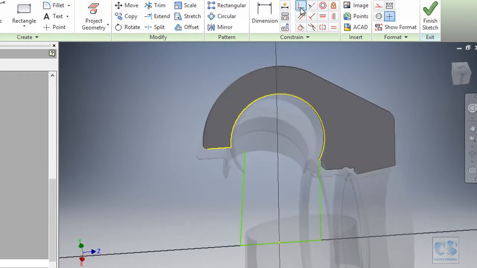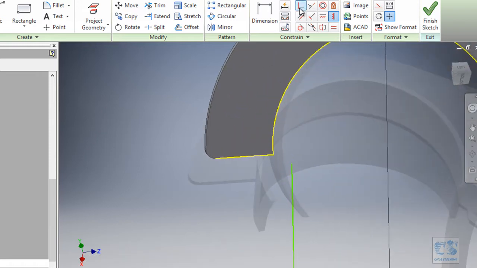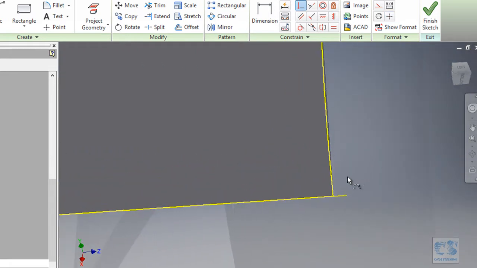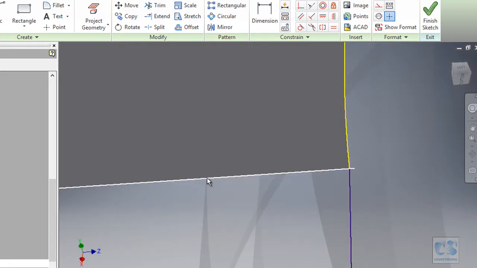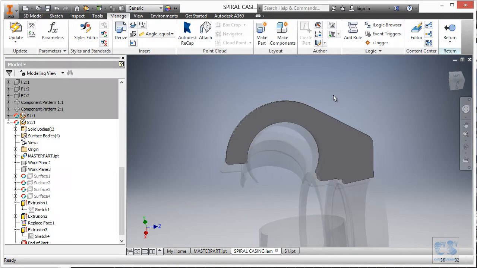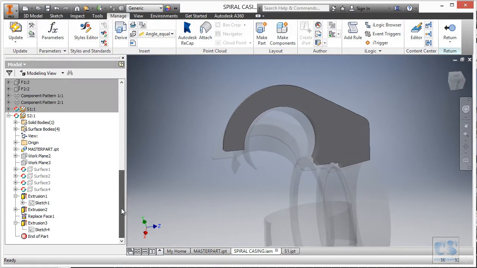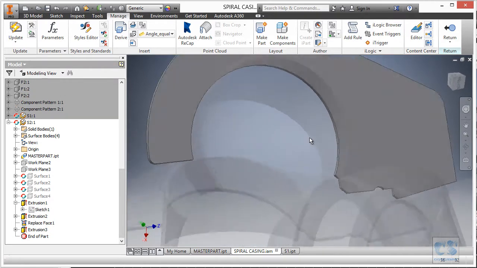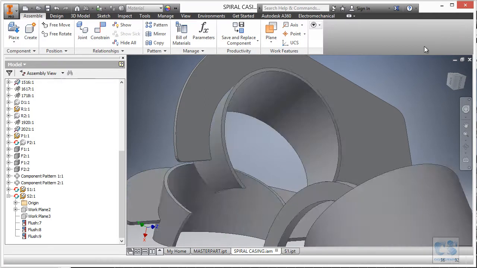Make sure that this line is a vertical line, this one also, and then we will add a coincident constraint from this endpoint to that one. Okay, I don't know why I have this, if I can delete it. Okay, so now we finish the sketch and everything is looking good, so we can now return to the assembly